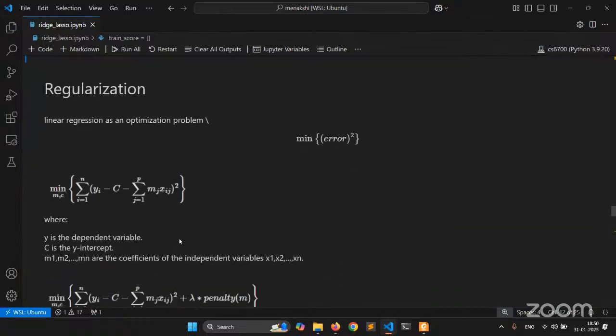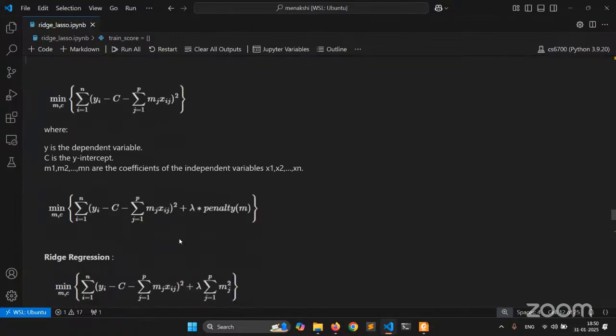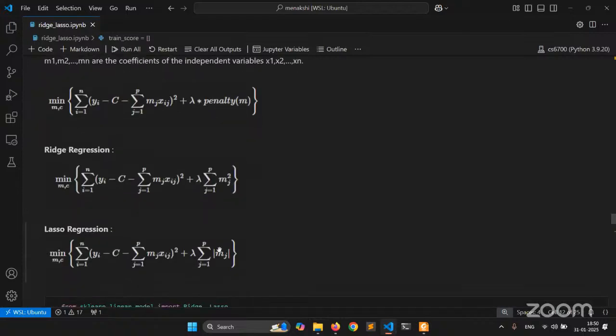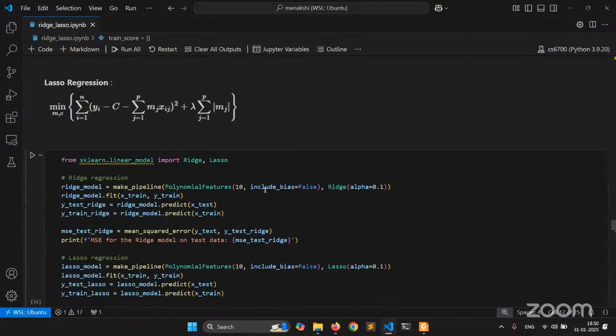So now we will see regularization. So you have your ridge regression. This is your y minus the equation, w naught plus all the terms that you have, whole square, plus lambda times all the weights squared. Here this is ridge, and the mod of the weights is the lasso. Now let's use